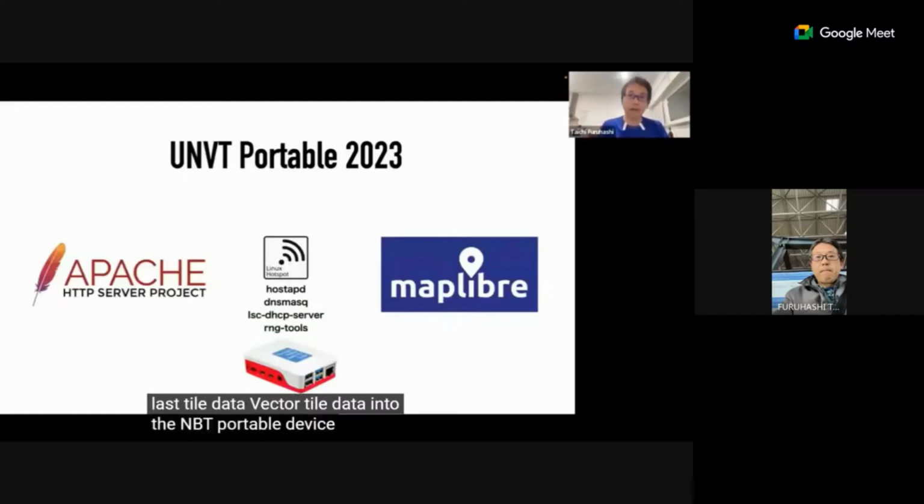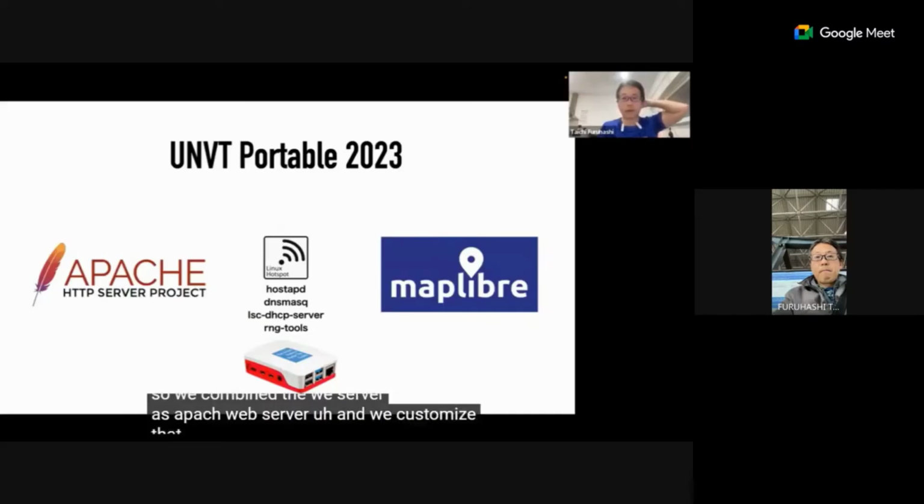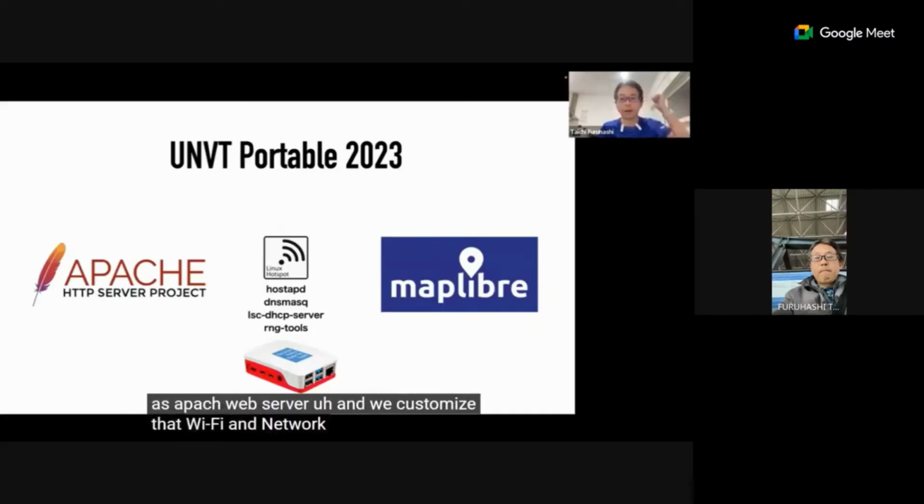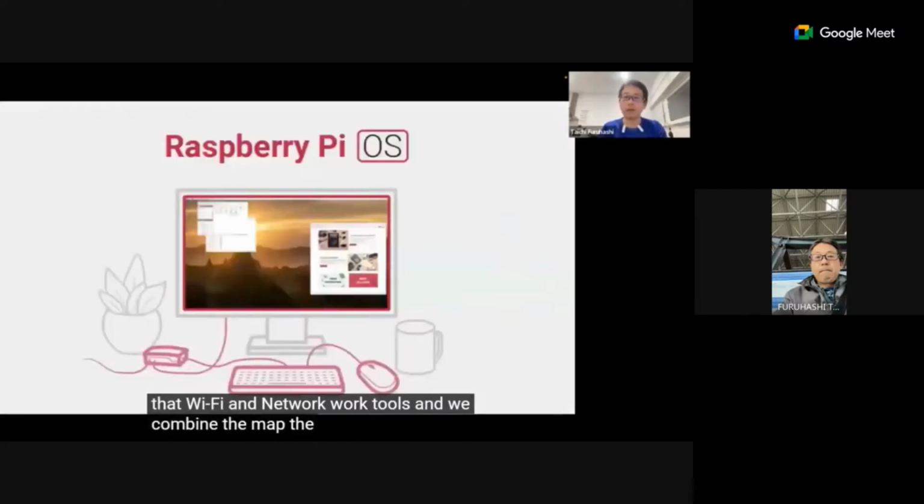UNVT Portable device. Until last year, we combined the Apache web server, and we customized hotspot Wi-Fi and network tools, and we combined the map library for hosting.